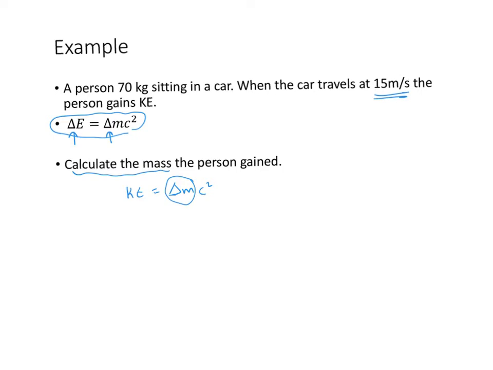The change in the energy will be the change in the kinetic energy that the person has gained. So that will be half mv squared, where m is the mass of the person and v is the speed that the person is traveling within the car. Then you have the change in mass divided by c squared, which you'll be calculating. If you rearrange for delta m, you will have half mv squared over c squared. Then once you place all your values in,